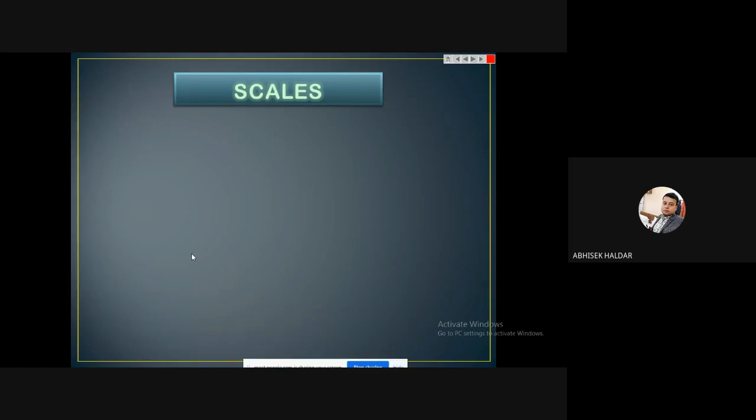But obviously he or she will not draw at that large size. The building may be a height of say 100 meters, but my drawing should not be 100 meters. It may be a height of 10 centimeters. So I am reducing the scale of the figure at a fixed ratio.